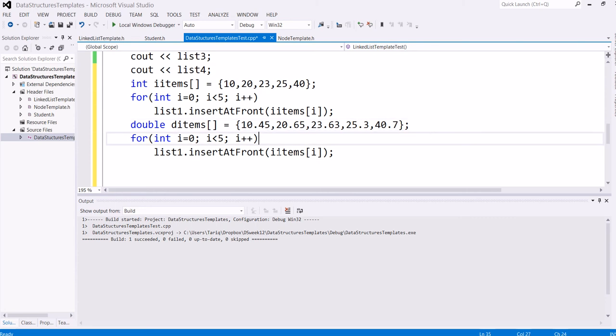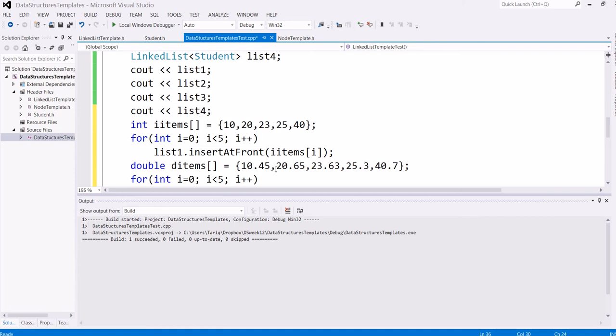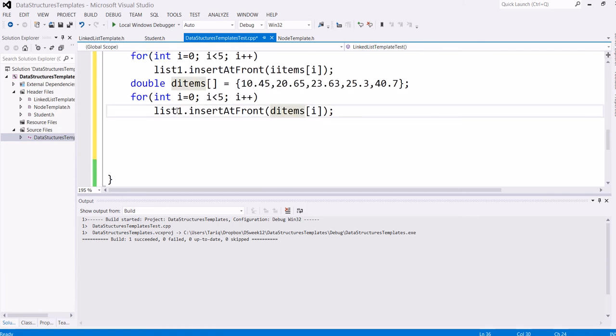So I have here d and list 2. So again there are 5 elements in the d items